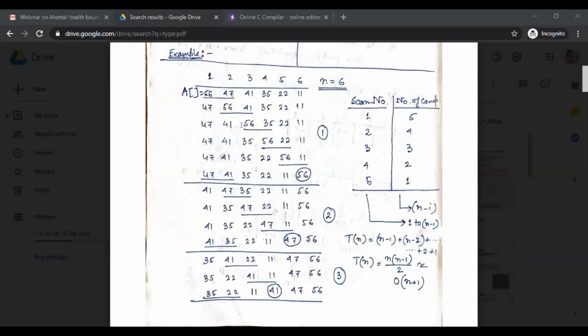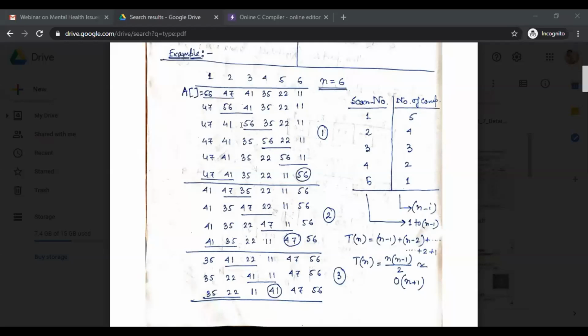In the first time when the loop is executed, the remaining elements of my array are placed in the same position where they were, except A0 and A1. 41, 35, 22 and 11 are placed in the same place.